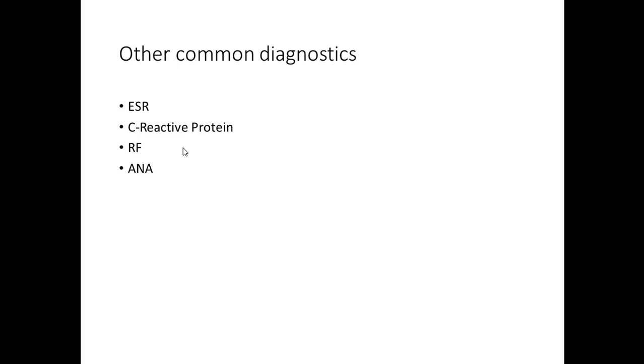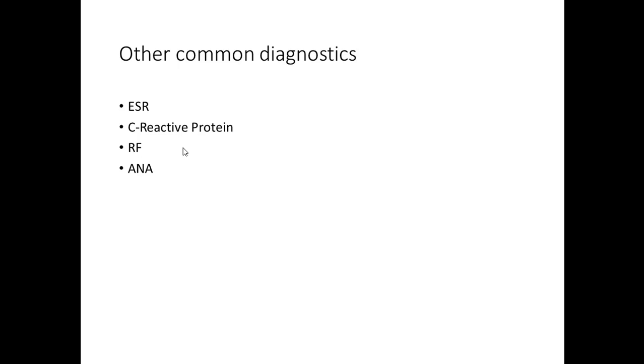When there's inflammation, that range, the 0 to 20, is going to elevate. And if it's elevated, it's going to tell us that there's inflammation somewhere in the body, but it doesn't tell us where, it doesn't tell us exactly what's going on, but it does tell us there is some inflammation. We'll get into more with the ESR further in a couple other slides.